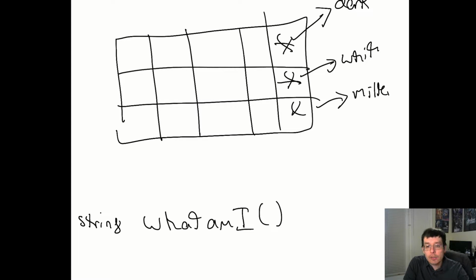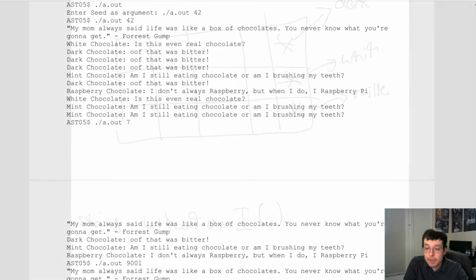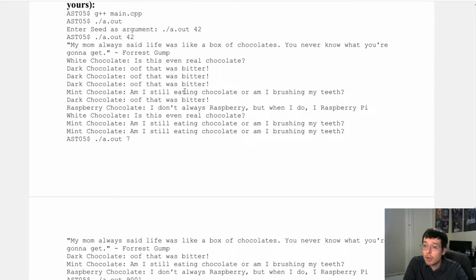Okay, so that's basically the main logic. What the output is going to look like in your program, let's go ahead and switch over to the PDF. So this is me running the program and some of the sample outputs. For example, the first time I run it, the program starts with a quote. You just hard code the quote in so it prints out every time. And it seems like I get a white chocolate first. So I get the name of the chocolate, and then I get the fun message from that function that the white chocolate has. After that happens, the function returns true because it succeeded in extracting a chocolate.